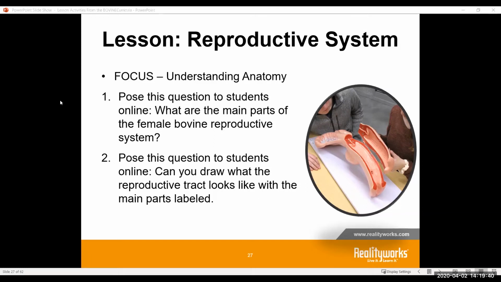But then the second question is where you start getting students to think outside of their normal everyday activities, or outside of the classroom too: okay, now draw it. Can you draw it and show what it looks like? And depending on what you're on, if you have Microsoft Teams or Facebook or different things, maybe they can post some of those pictures if you have that forum available in a safe manner.